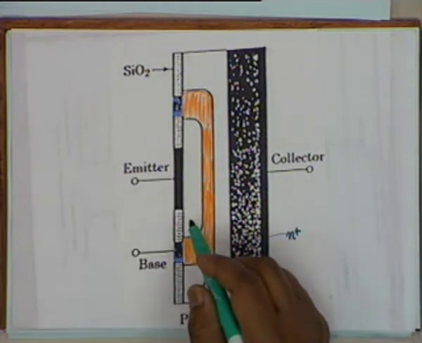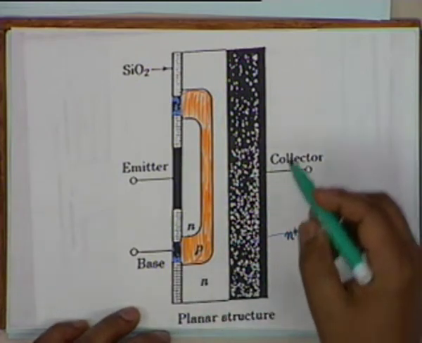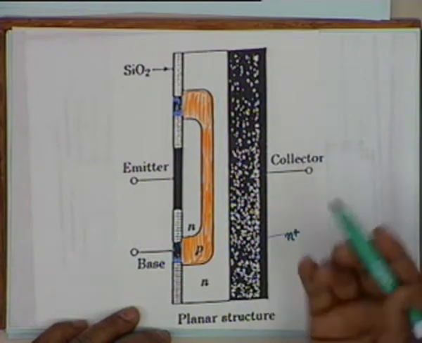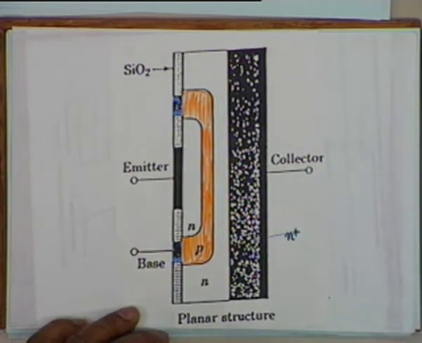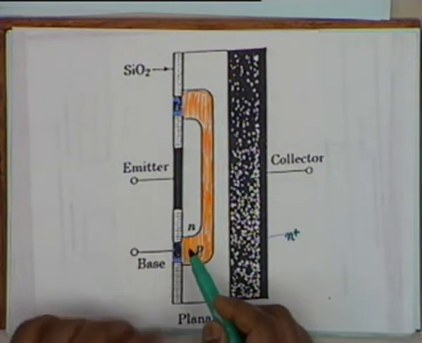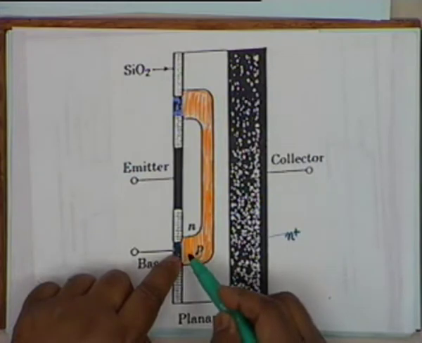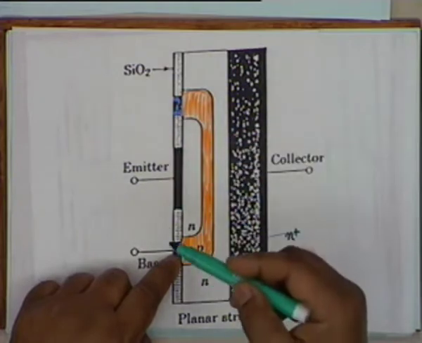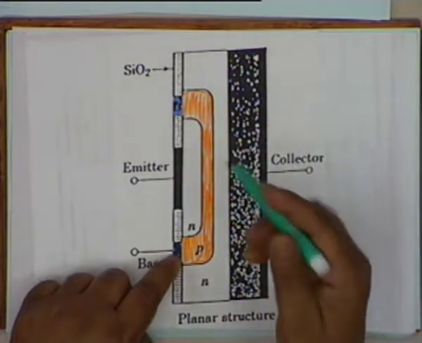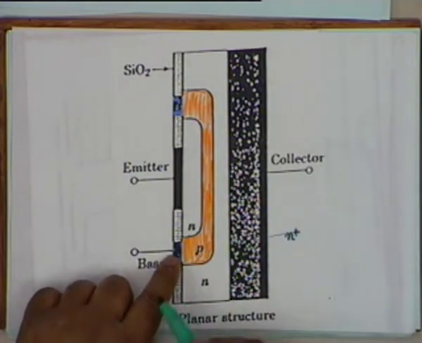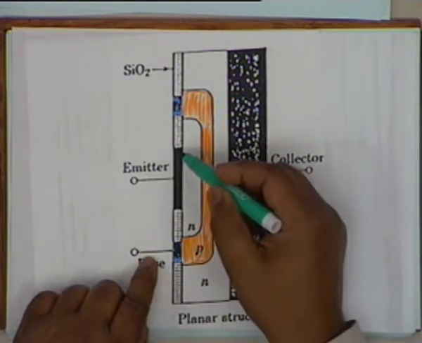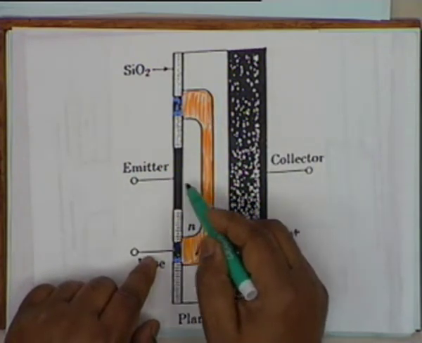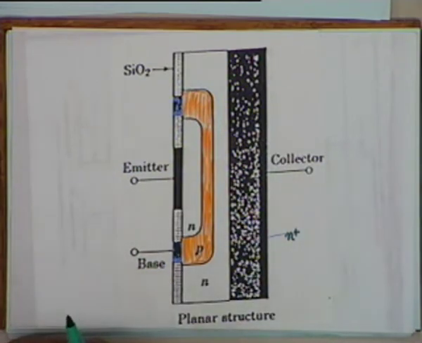gold or aluminium. Gold is the preferred one. You can also use aluminium. Now one contact is here, that is below the substrate, that is a metal, and this terminal you call collector. Then one contact is here, that is this P type material. The contact could be circular, it could be rectangular, depending on the geometry of the wafer. This is called the base contact, and the third one is this black region, also a metal deposition, a contact with the N region, and this is called the emitter. All right. There are three terminals,